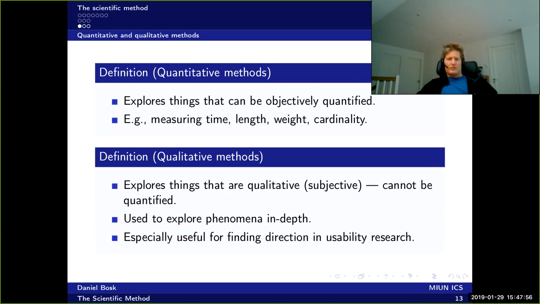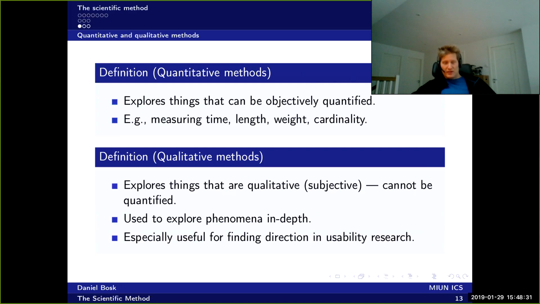This is basically one end of the spectrum, and on the other end of the spectrum we have qualitative methods. So this explores things that are subjective and cannot be quantified. This is usually used to explore phenomena in depth, and is especially useful for finding direction in usability research. Whereas the natural sciences mostly rely on quantitative methods, social sciences are more associated with qualitative methods,